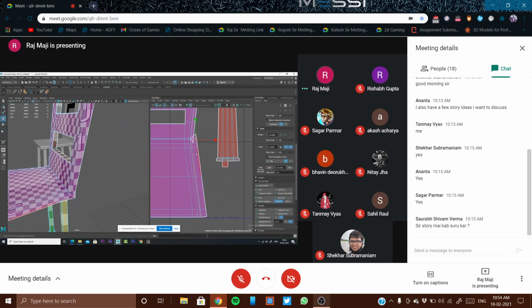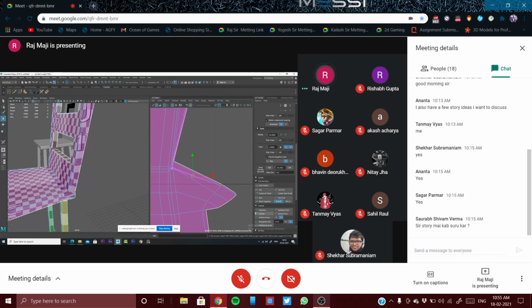You can see, and only one thing, this, this, and this sew. Still one is remaining. No, see, now there is no seam, right? So going to UVs, unfold.